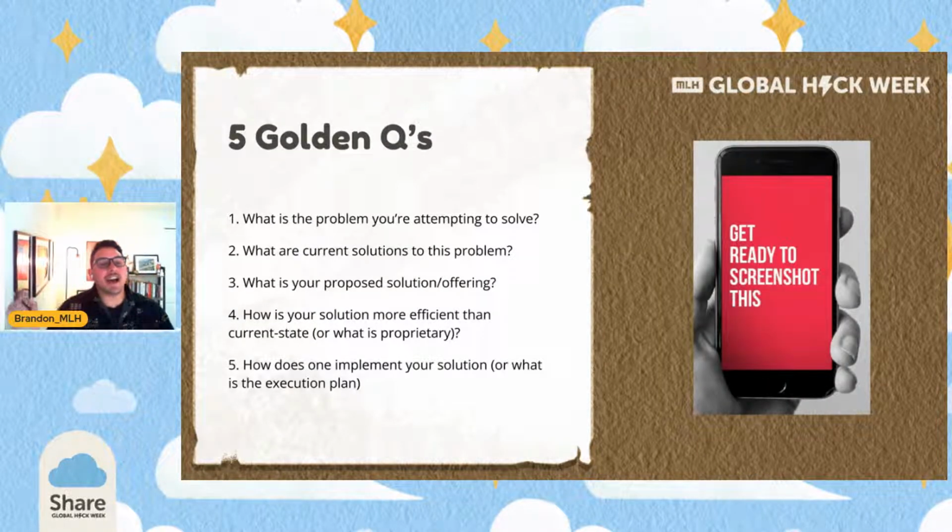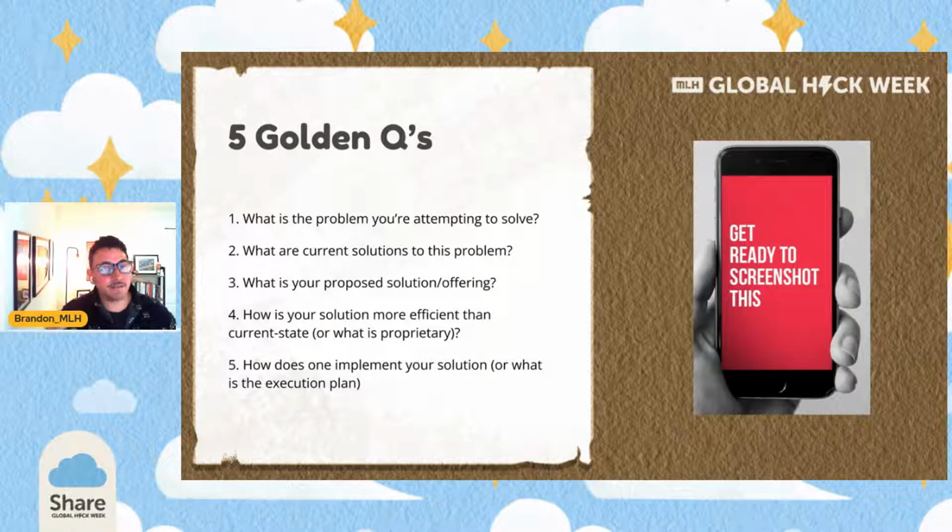I recommend screenshotting these. Keep these questions handy, and adapt them for yourself later on. These are my 5 golden questions for making sure that you're building the right thing, and we will ask ourselves these at any point while we're at a hackathon. What is the underlying problem that we're attempting to solve? What are the current solutions out in the world to this problem, if any?